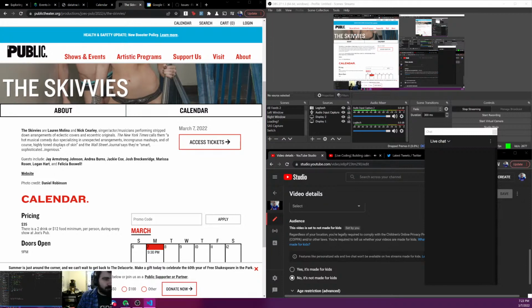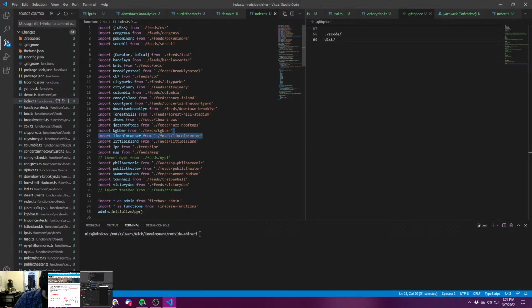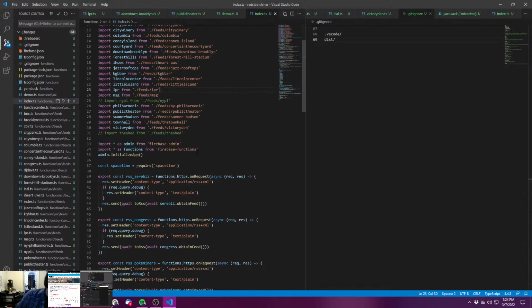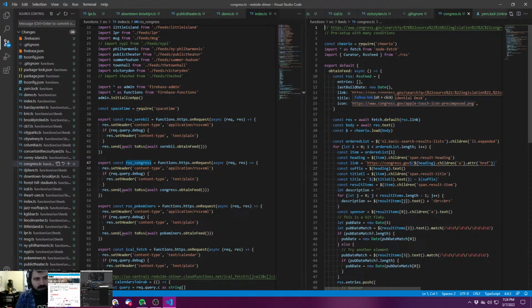I can walk through a bit. This is the index page right here. It's hosted on Firebase. You can see I've got a couple of different RSS feeds. This is the Congress RSS feed. Basically, I'm taking this website,